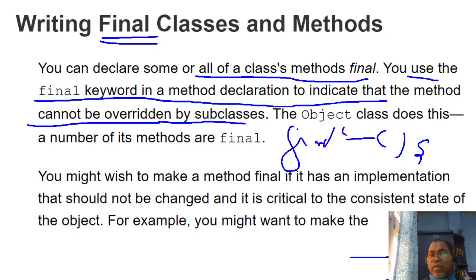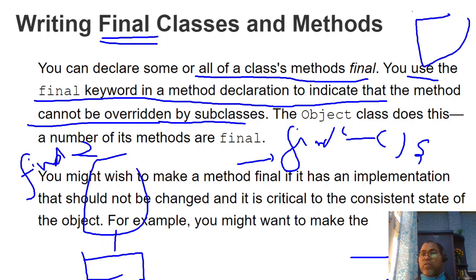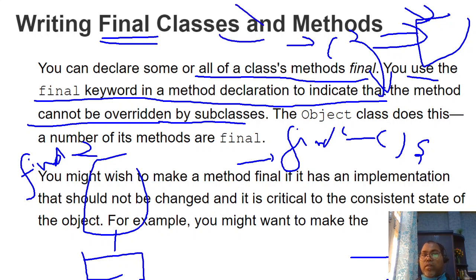Whenever you mark a method as final, it cannot be overridden. And similarly, if this is a class and I don't want any subclass, you mark your class as final. This is one way to restrict subclassing: you make your superclass final, so that no other class can become a subclass. Similarly, if you don't want a method to be overridden, even though it is still a public method that can be accessed outside, you can mark it as final.